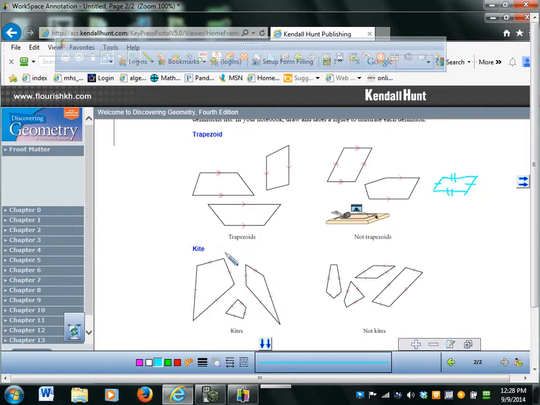So that's John. He said that a kite is a quad with two, and I would be very clear, two different pairs of congruent adjacent